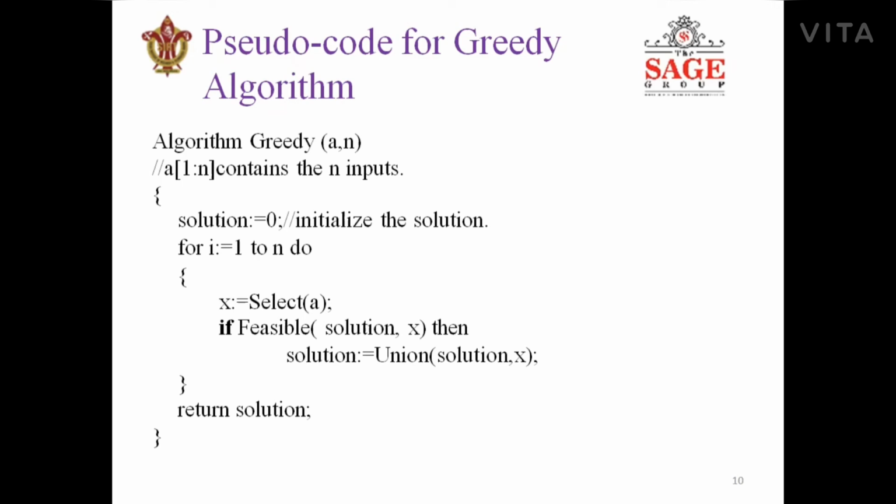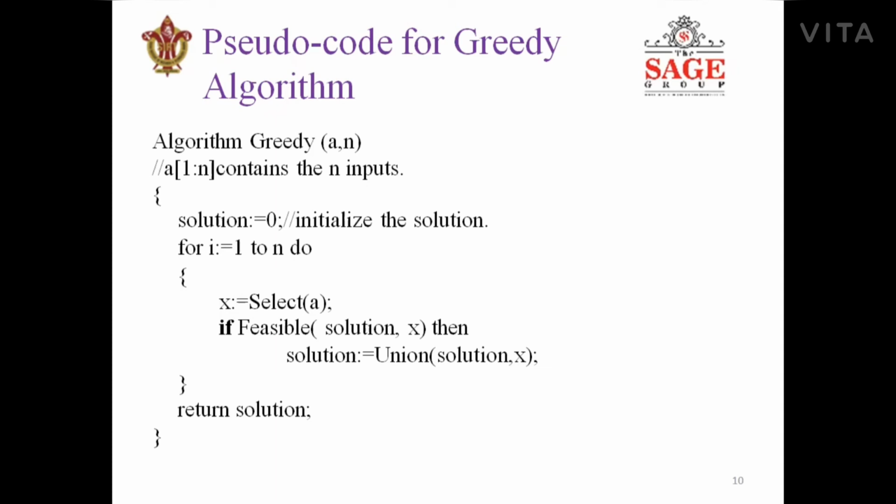Now the algorithm starts with initialization of the solution variable with 0, and we will start checking the input values one by one from 1 to n, and we will use a select function on the input array A based on some constraints